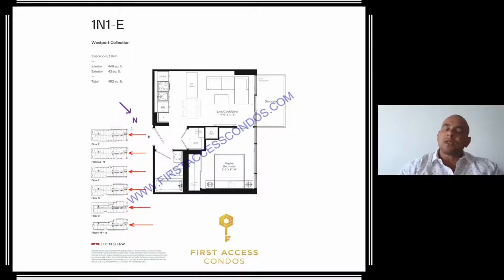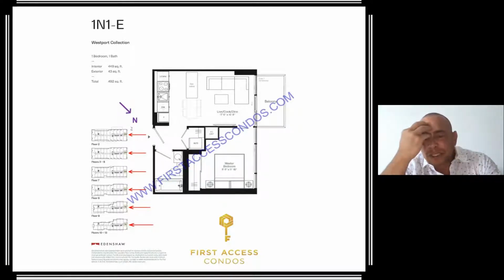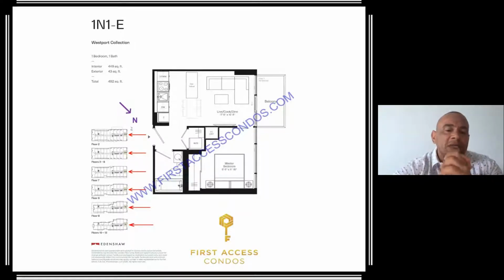Now, another thing I want to say is, usually everyone's like, I don't want a north view, because they don't think they're going to get a lot of natural light. That's not really the case, because the way the sun sets in Toronto, because we're not built perfectly at the center of the axis, we're actually tilted a little bit. So what a lot of people think is west is actually a little northwest. So a lot of units that face north still get some sun in the summer,